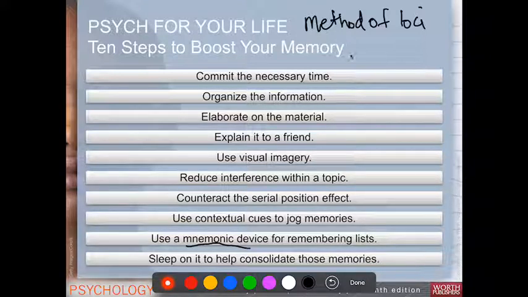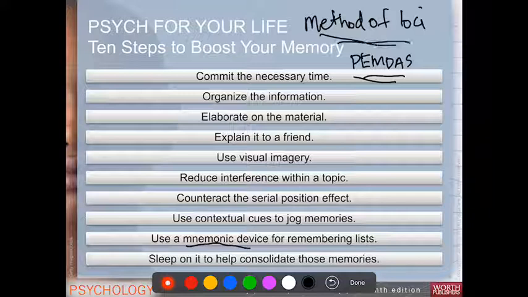So for example, please excuse my dear Aunt Sally. This is the order of operations. And so that's a way for us to remember that. Or PEMDAS, a lot of people will remember it that way. Well, method of loci is a technique that we can use for using visual imagery. It's a mnemonic device. And it's an interesting kind of technique to remember something by visualizing it at a specific